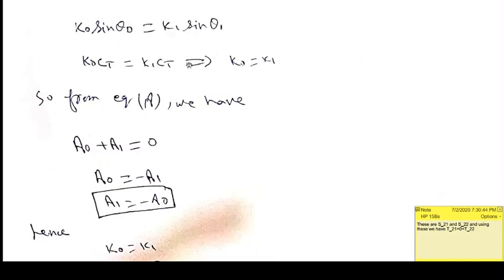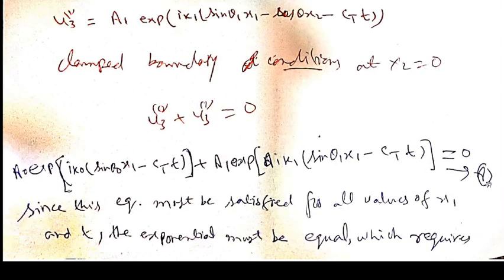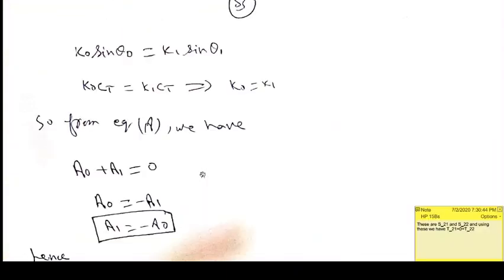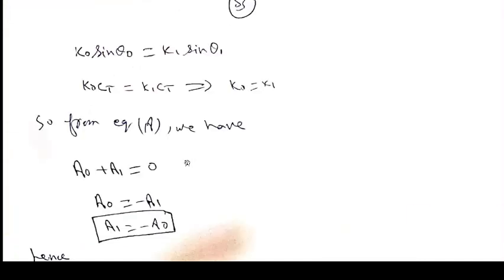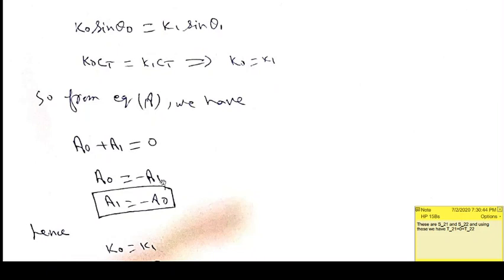Now using all this, in equation A the exponential will be common and can be taken out, because this is equal and this is equal, so the exponentials will be the same. Then from equation A you have the exponential times a naught plus a1 equals 0. And you know that the exponential cannot be equal to 0, so a naught plus a1 equals 0. Then you can write a naught equals minus a1, or a1 equals minus a naught.